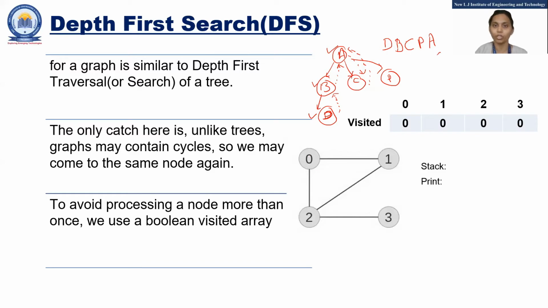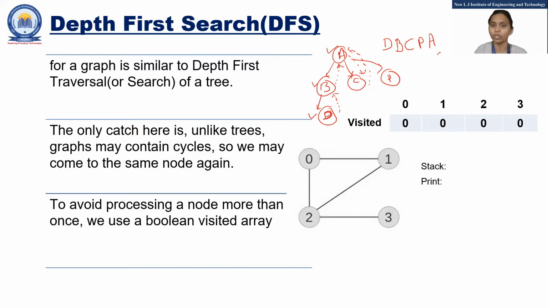Fine. This is the example with the tree, but if you want to do the same thing with a graph, then in a graph you need to set one flag, that is visited or not, because in a graph there can be a case where you can visit a single node from multiple directions. So at that time you don't know whether that node is visited or not, and you don't want to print one node multiple times.